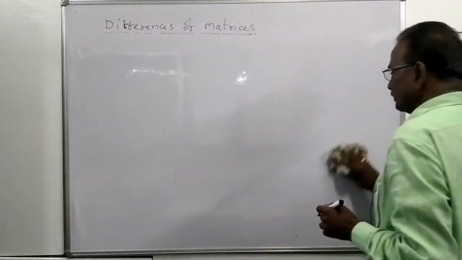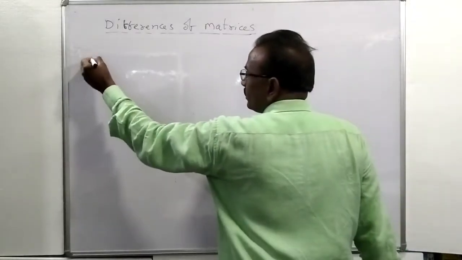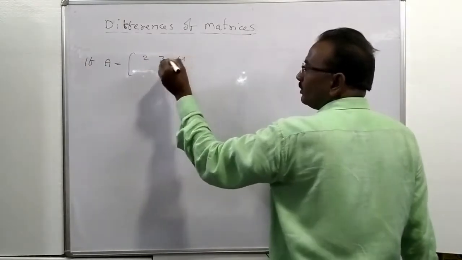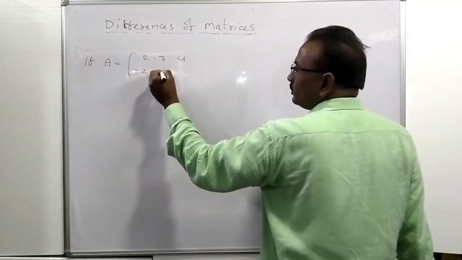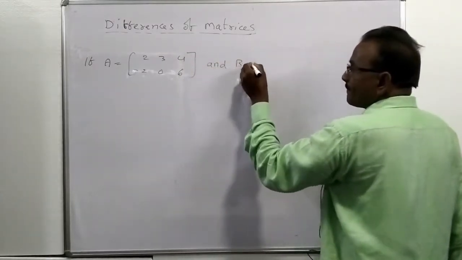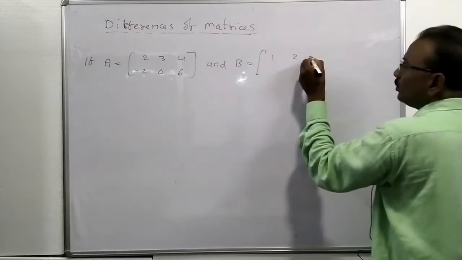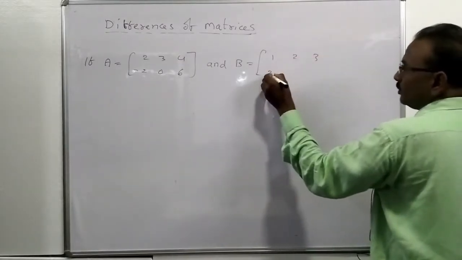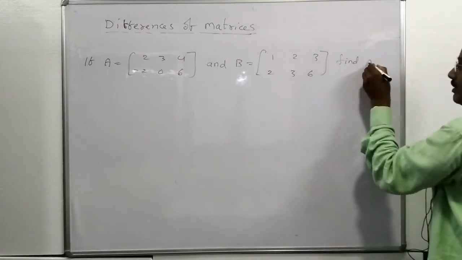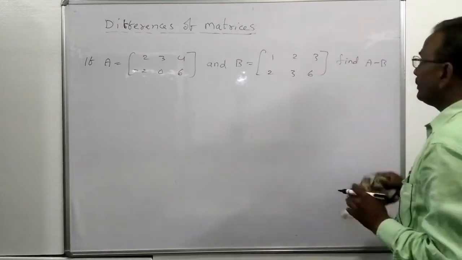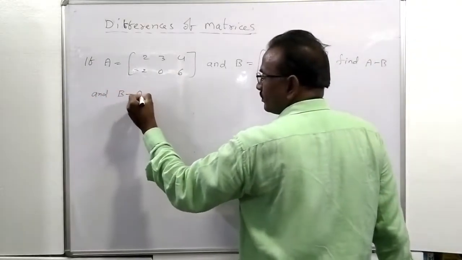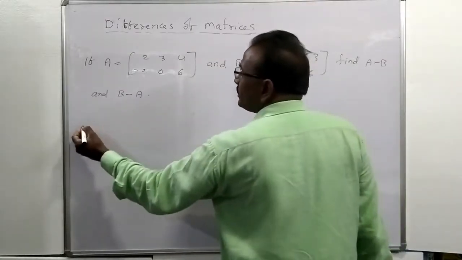Difference of matrices. For example, if A is equal to [2, 3, 4; -2, 0, 6] and B is equal to [1, 2, 3; 2, 3, 6], find A minus B and B minus A. Here A minus B is equal to...